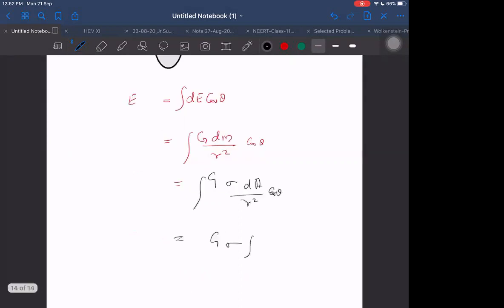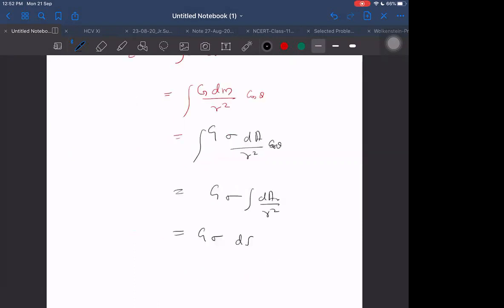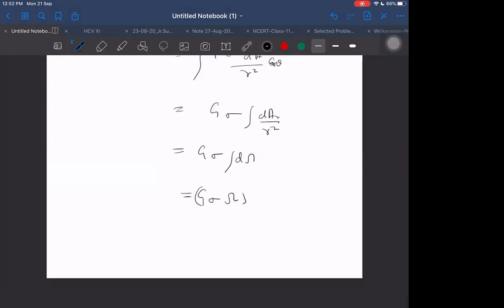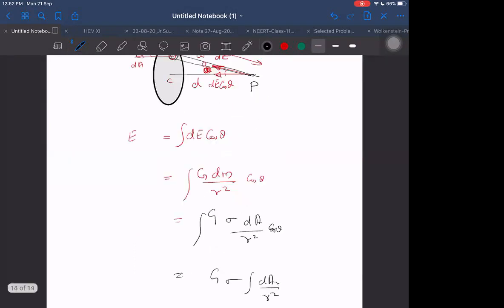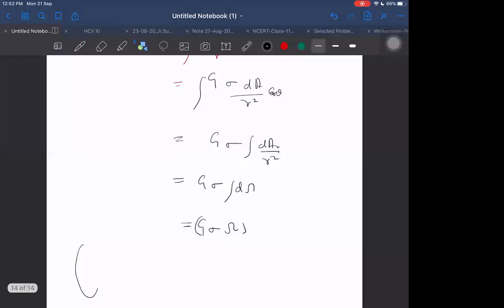direction. It automatically becomes dA along the radial direction upon R square. And if that happens, then we are happy. It is just d omega integral. Then finally it is just G sigma into net omega. What is net omega meaning here? Net omega means total angle separated by the